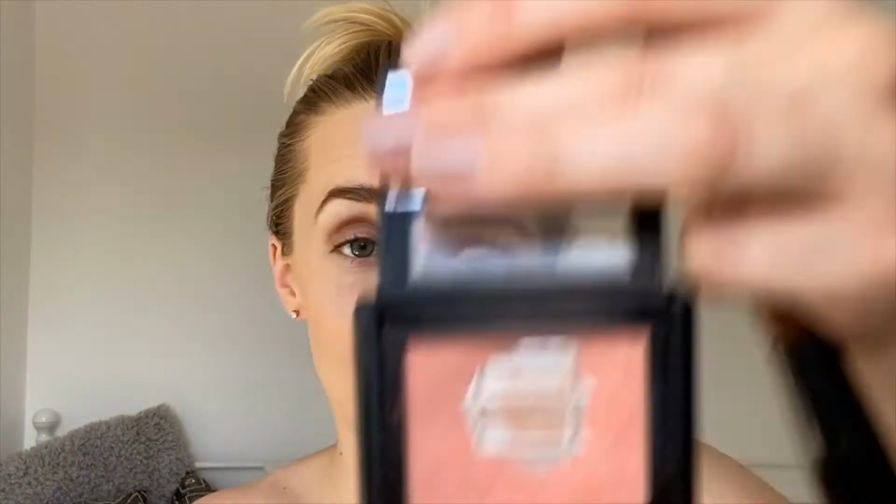Okay, so I'm going in with blush now, and this blush is by e.l.f. It is called Twinkle Pink. As you can see, it is one of my favourites, and just with an angled Body Shop brush. It's got a little bit of shimmer in. It reminds me of the NARS Orgasm blush, but I just love the colour that it gives. There you go. It just gives me some colour to my cheeks,